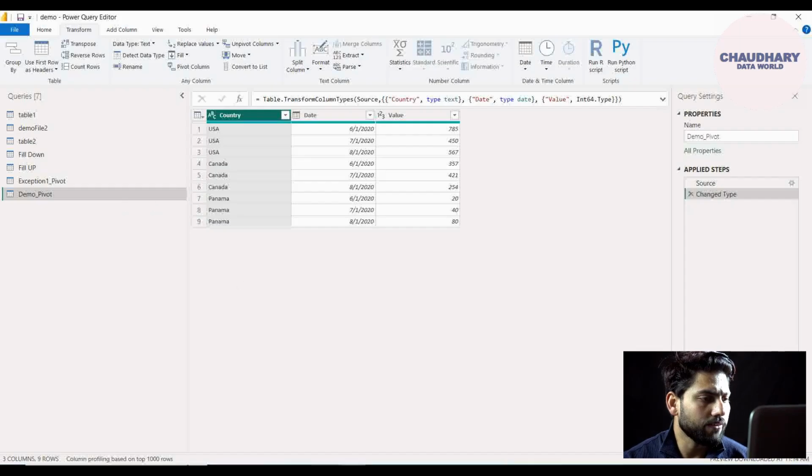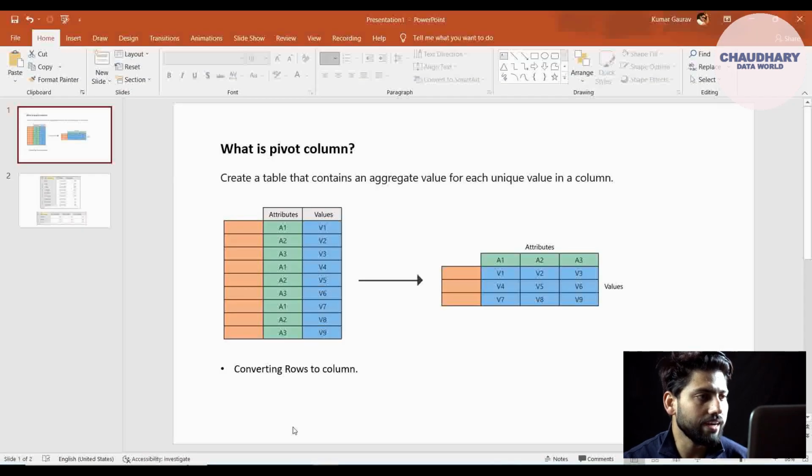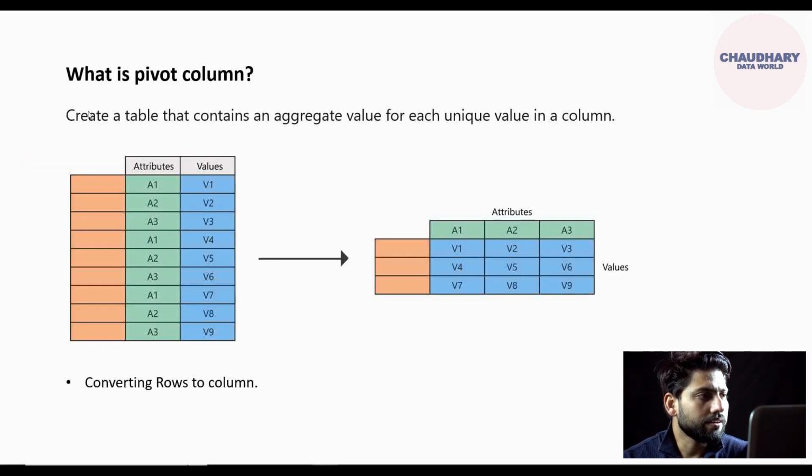Here I will first move to slides, just to explain what a pivot column basically is. So here you can see: create a table that contains an aggregate value for each unique value in a column. This is a very deep sentence, so just focus on it basically. Creating a table that contains an aggregate value. Till now it should be clear to you. For each unique value in a column,